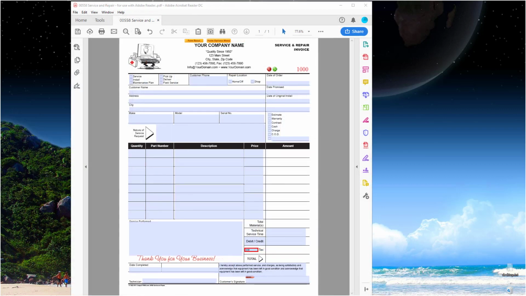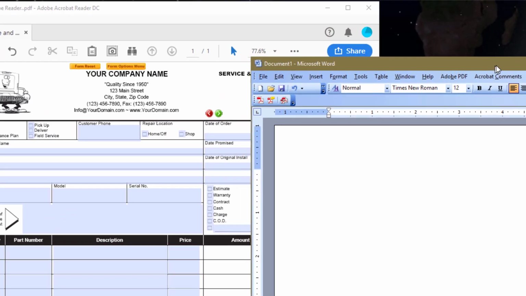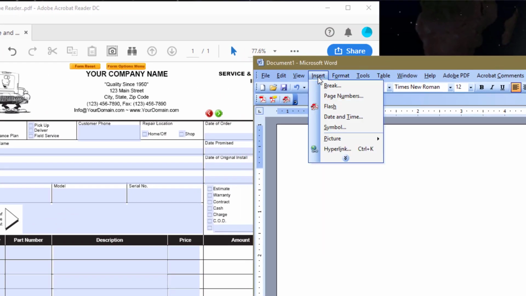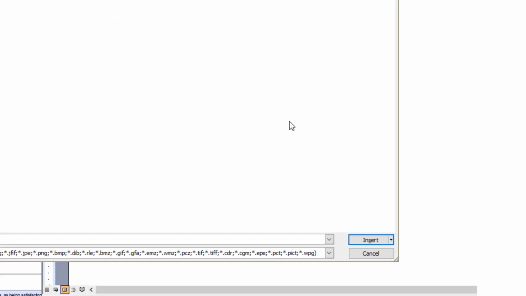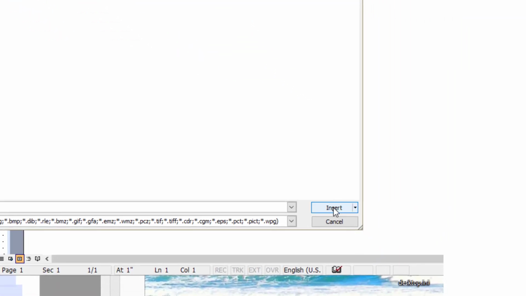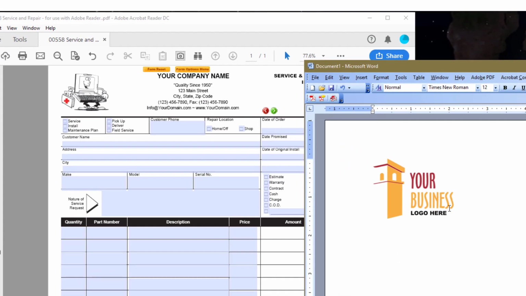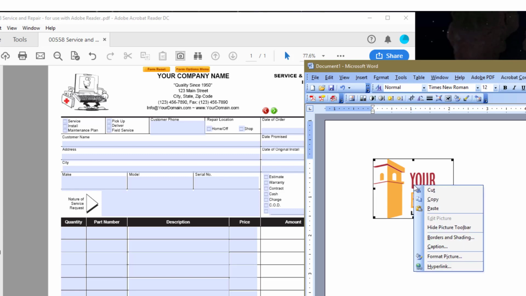The first thing you will want to do is open up Microsoft Word. From here, we'll use Insert, Picture, From File, and I'll use this sample company logo that I have here for this purpose, and we'll click the Insert key. That'll bring up the logo into Microsoft Word. We're going to left click to highlight it and right click to bring up the context menu, where we'll use the copy command,